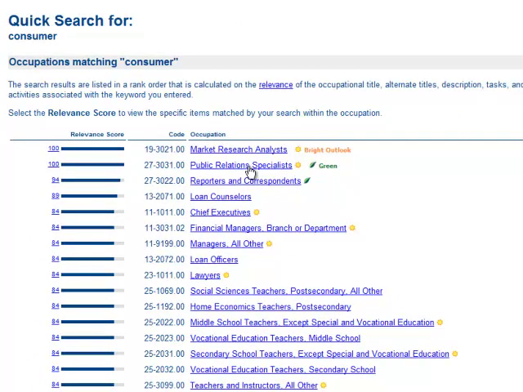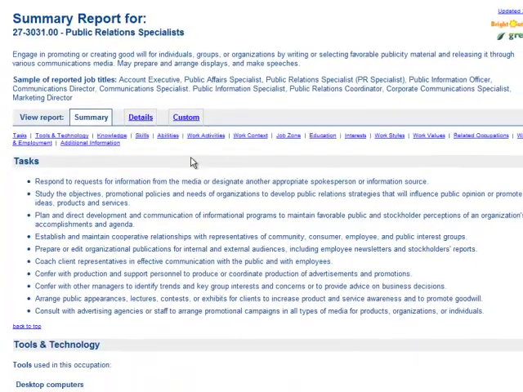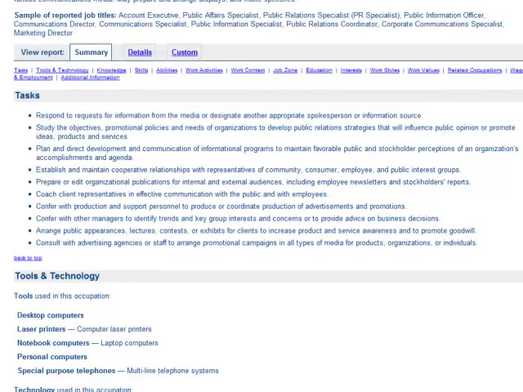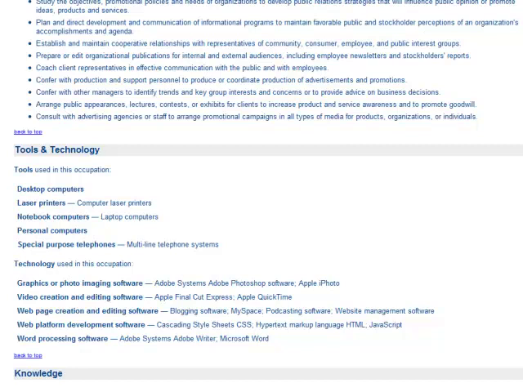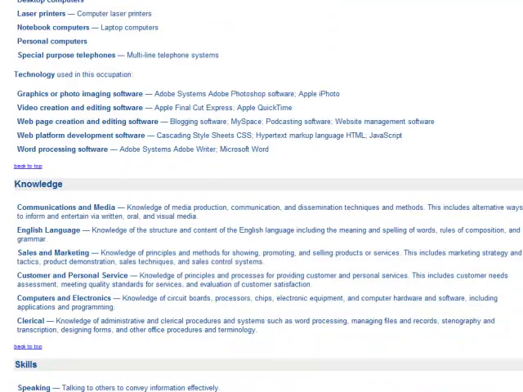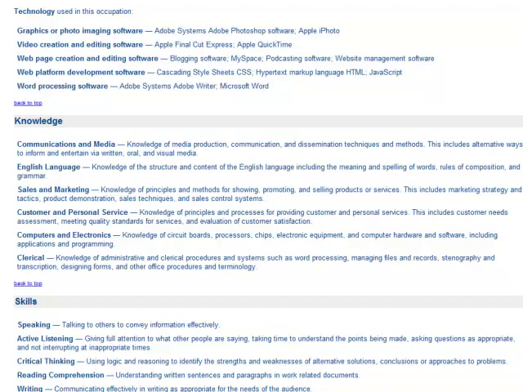And let's take a look at the job Public Relations Specialist, which is mentioned as a potential profession for people specializing in consumer affairs. We see a good overview and some sample job titles for public relations specialists. At the top here we have tasks, things that you can be expected to do on the job. Various tools and technologies that you might be expected to use in this occupation. Knowledge that you're expected to have, and below that you have some skills,